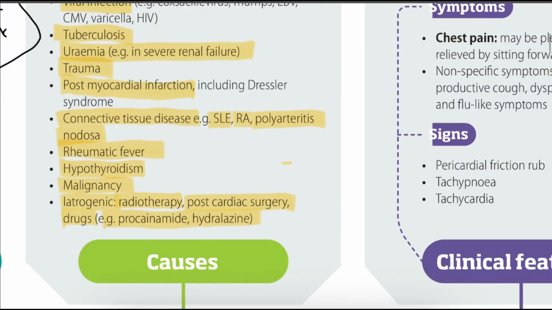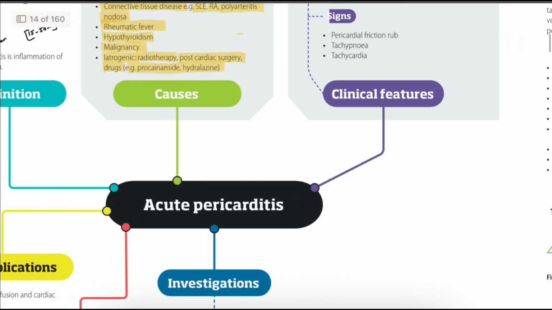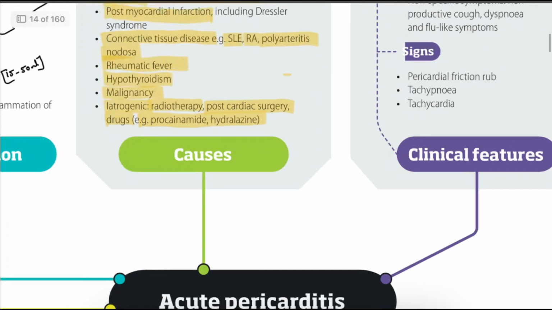and if the patient has chronic kidney disease, myocardial infarction, connective tissue diseases, cancer, or radiation therapy. So these are the things that will cause pericarditis. Now, if you look at the pathophysiology, how the patient gets pericarditis: it is infection, autoimmune injury,